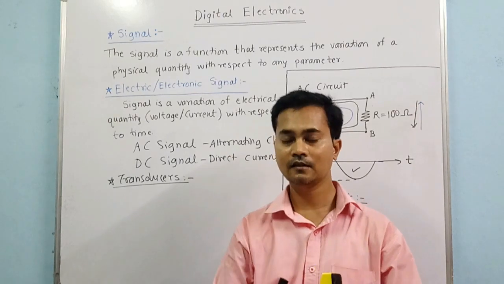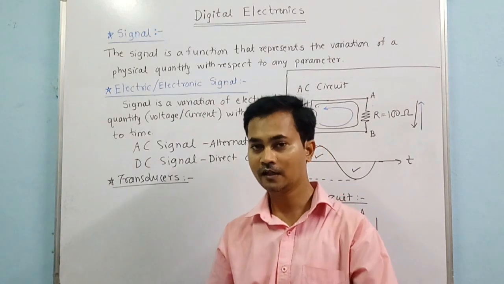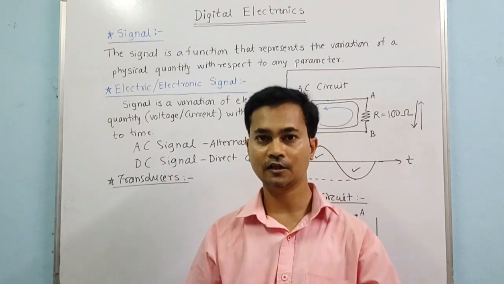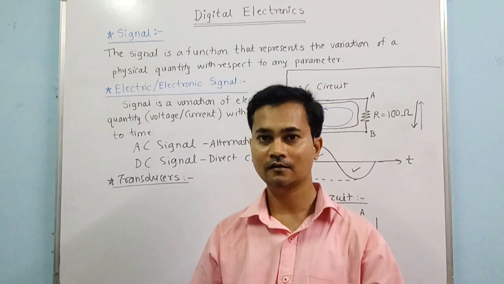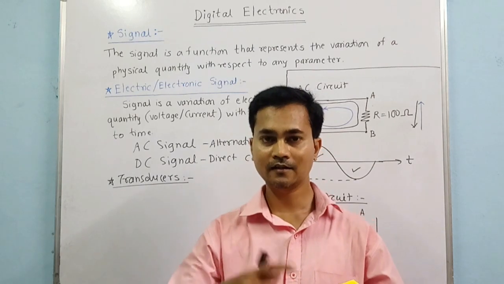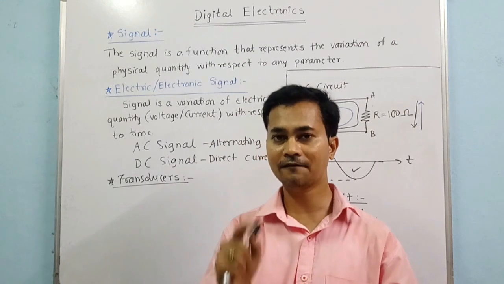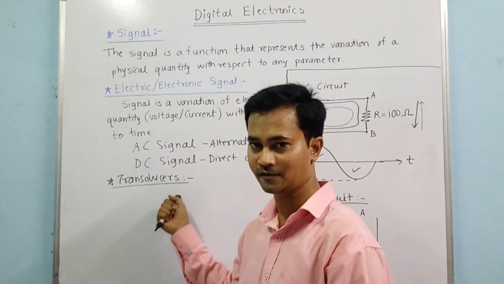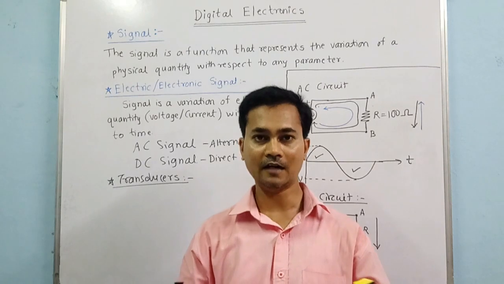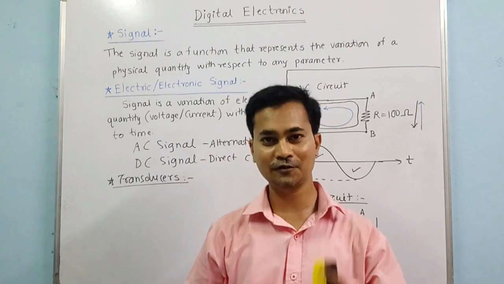A transducer is a device which converts a non-electrical signal into an electrical signal. So what are non-electrical signals? Temperature, pressure, distance, humidity, noise, sound signal. These are the non-electrical parameters. And if you want to check the actual amplitude of those non-electrical entities, then you must use some transducers. For example, suppose I want to give a speech to thousands of people in a public place. Then what should I do? I should use the mic.